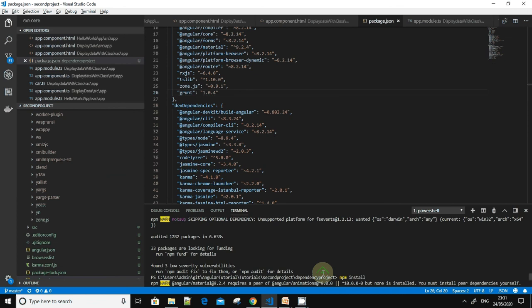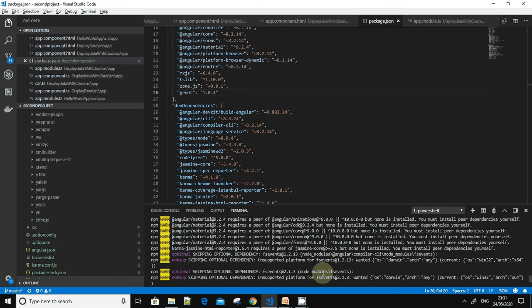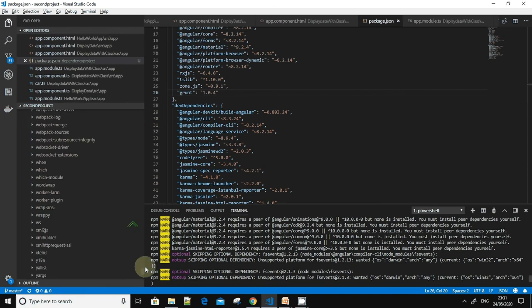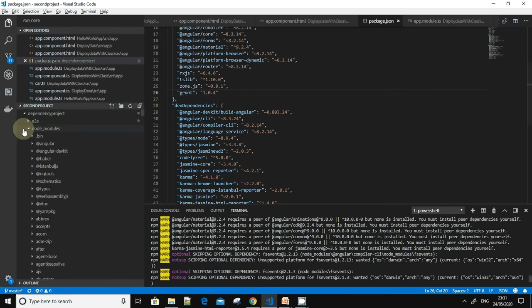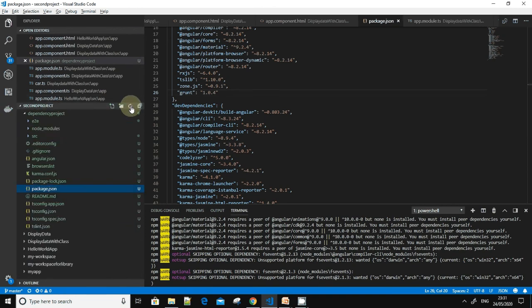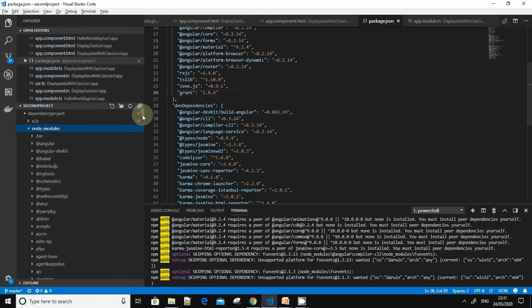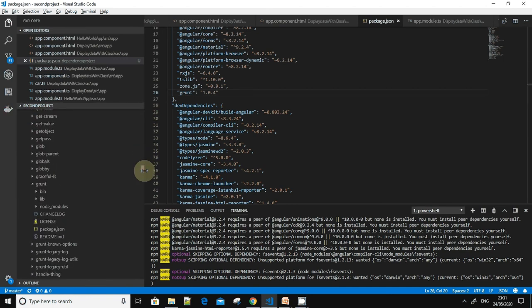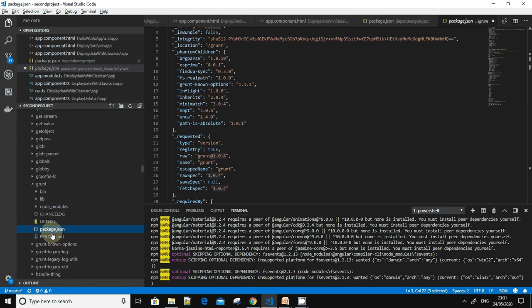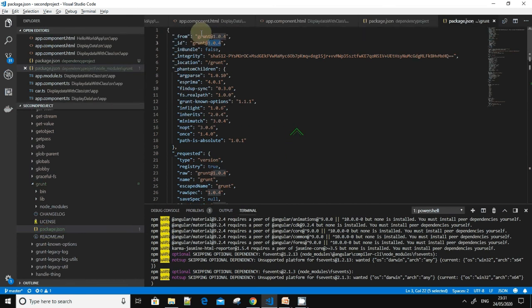Here it has again downloaded a couple of dependencies for us. Then I'm going to the node modules folder once again, refreshing the project and going into node modules. If you see here, grunt has been downloaded, and let's see the version of grunt. You see that 1.0.4 has been downloaded.